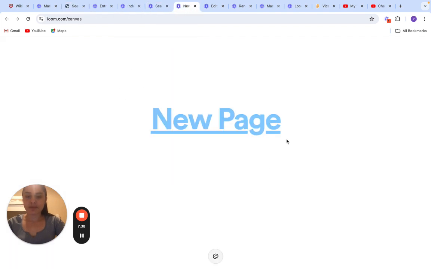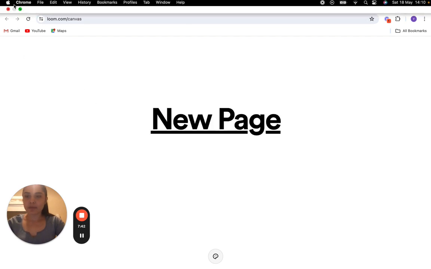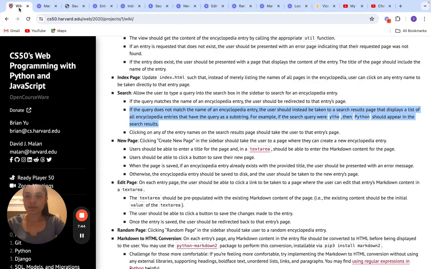New page. Okay. I have the option to create a new page in my website. Clicking Create New Page in the sidebar should take the user to a page where they can create a new